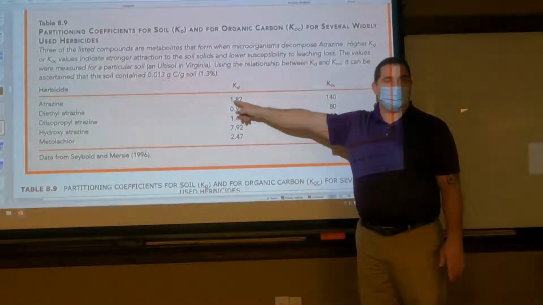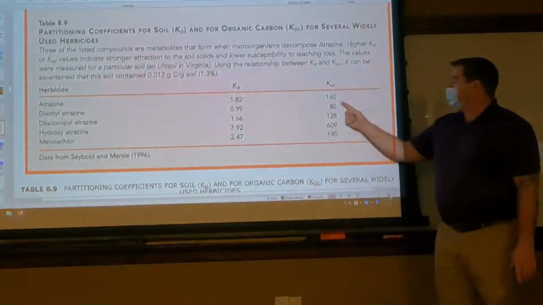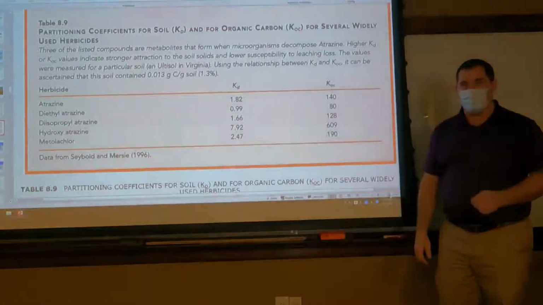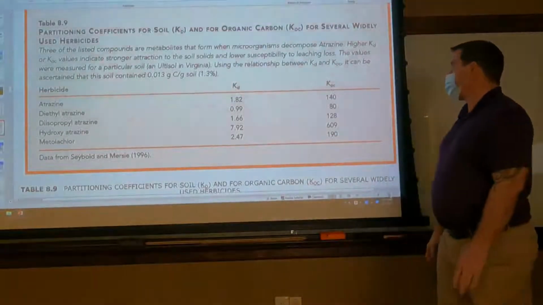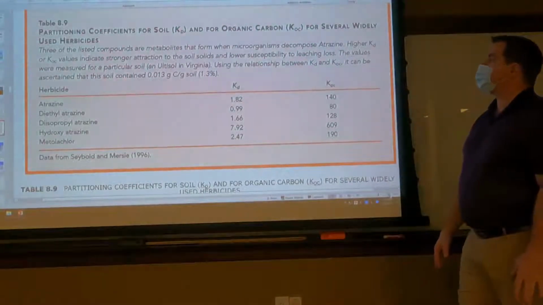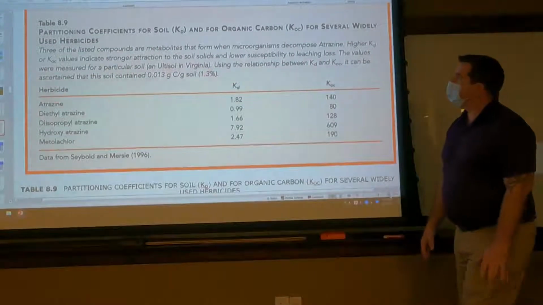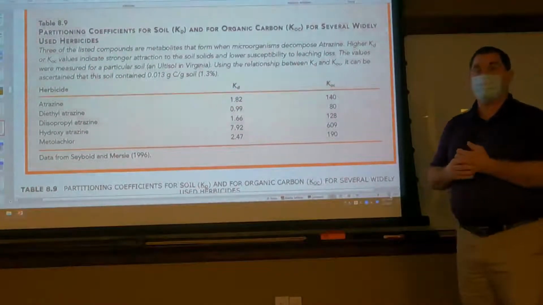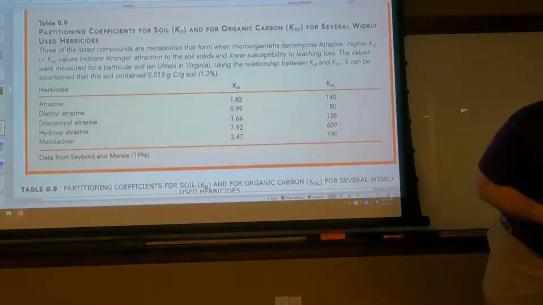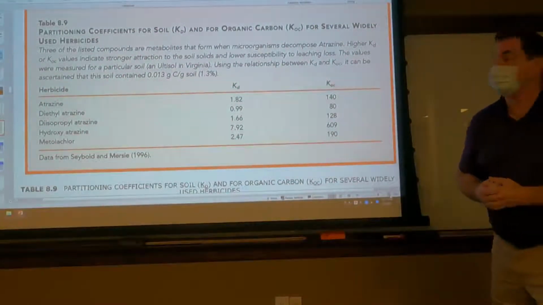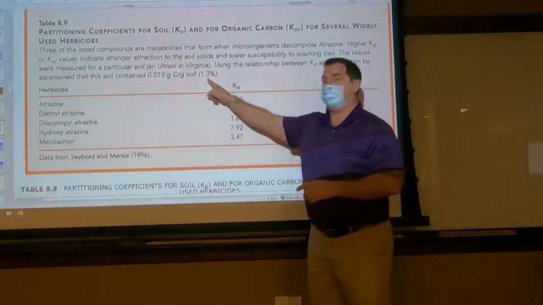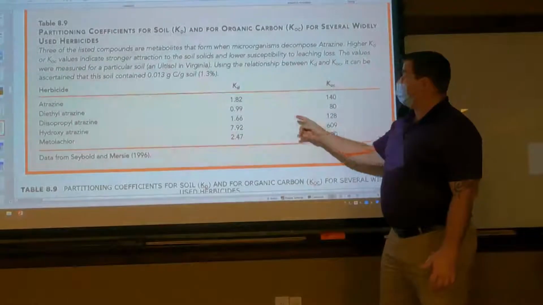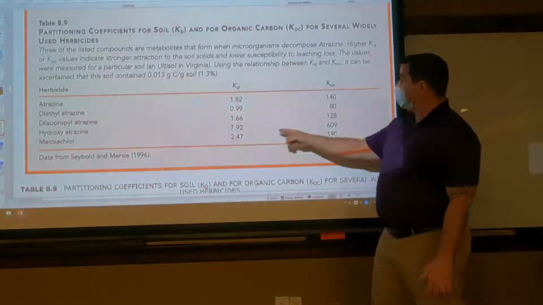Divide 1.82 by 140, and then multiply times 100. 1.3%. So giving these, we can determine how much carbon was there, and that the higher the number, the KD,